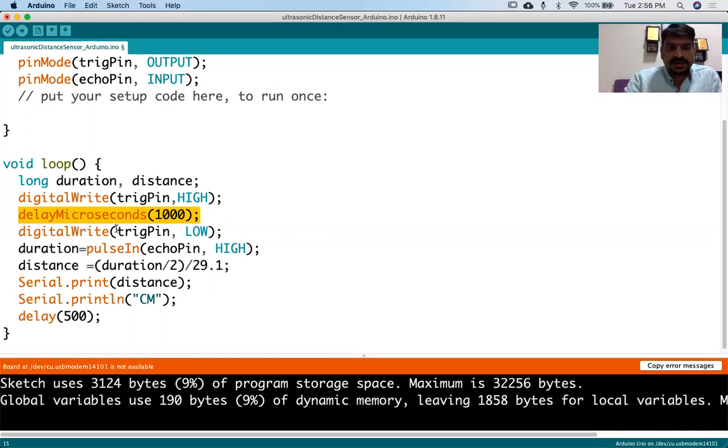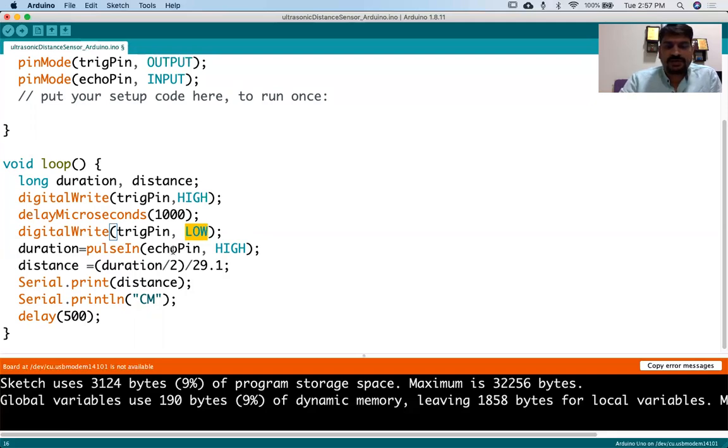Now the digital pin, the trigger pin, will make it low. So we give the 1000 microsecond high. So it will be high for some period of time and then it will be low. In that way it will send a wave. Once it is on, it sends a wave, then off, then on, sends a wave. So in that way the waves are going, the microwaves are going. In how many seconds of gap? It is a 1 millisecond gap between the waves.